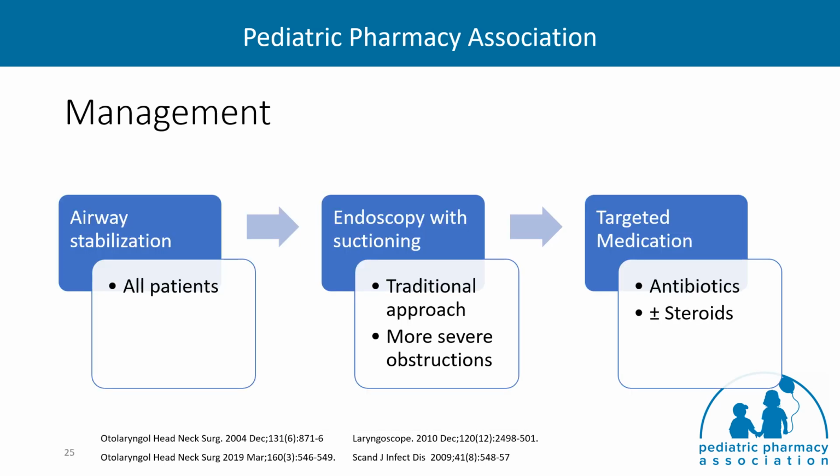In patients with suspected bacterial tracheitis, airway stabilization is of vital importance. Older patients tend to have larger airways that are less likely to be blocked by membranes, so an endotracheal airway may be less urgent, but it should be considered if any clinical decompensation occurs. The traditional approach, and still used in more severe cases, is to do a bronchoscopy with mechanical removal of the